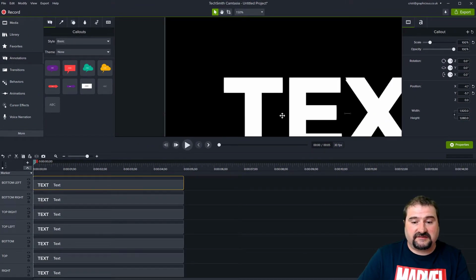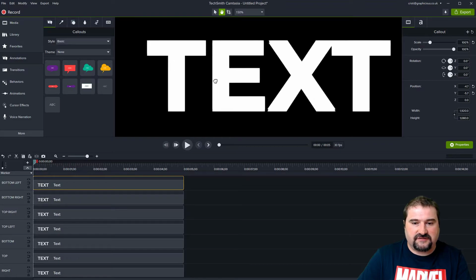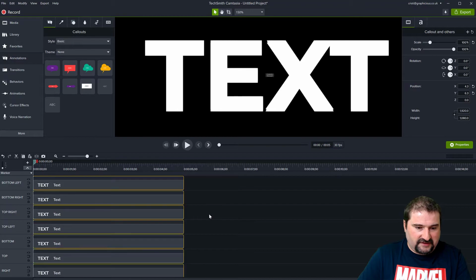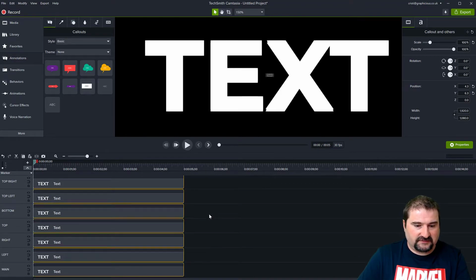Now look at my text here. You can't really see much difference here, except maybe the ones that have slanted corners, like the letter X here. But really this will not be visible in the end anyway. So this is the final step for our outline text. I'm going to select everything except for the bottom track, which is my main text. So just Control-click on that to remove it from the selection.